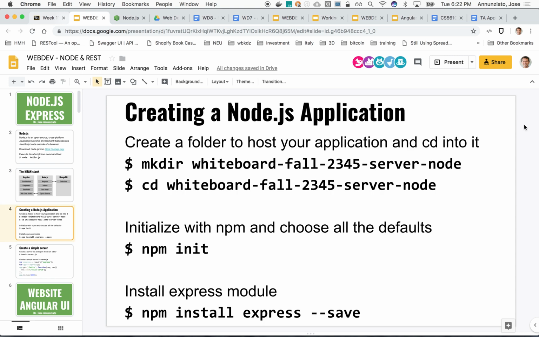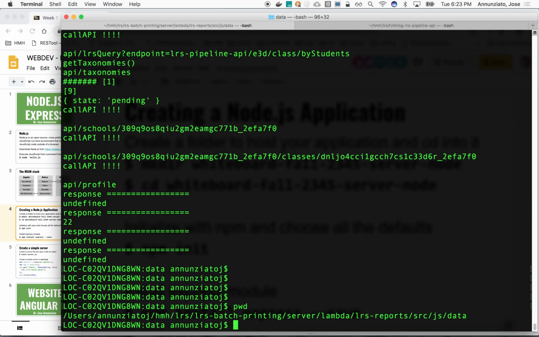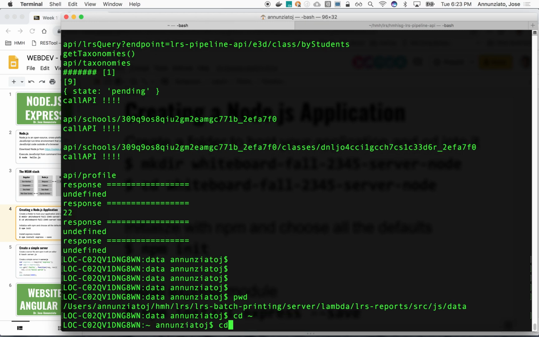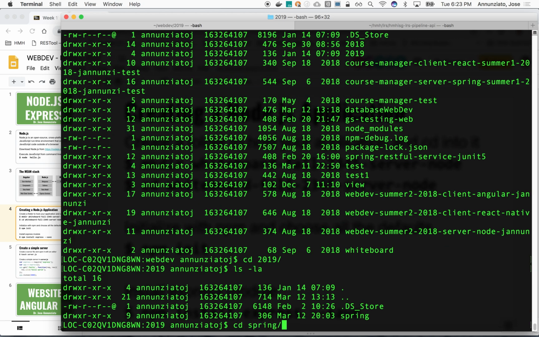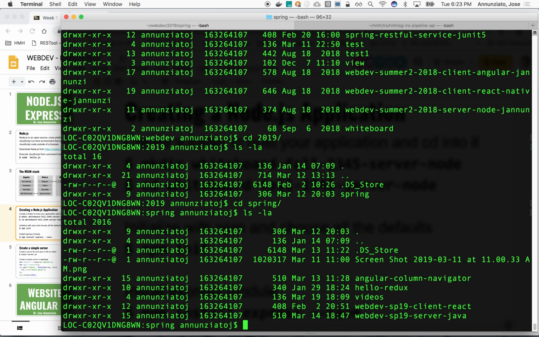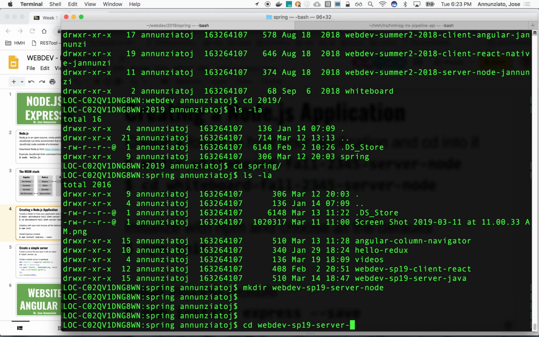All right, so let's create our first Node. Let's see. So let's go to webdev, and let's go to 2019. And so up to this point, we have a Java middle tier. So we can create a Node.js middle tier. So let's do that. So we can do a make directory, and so it's a webdev. This will be a server as well, but instead of a Java server, it'll be a Node server. Okay, so if we go to the server,